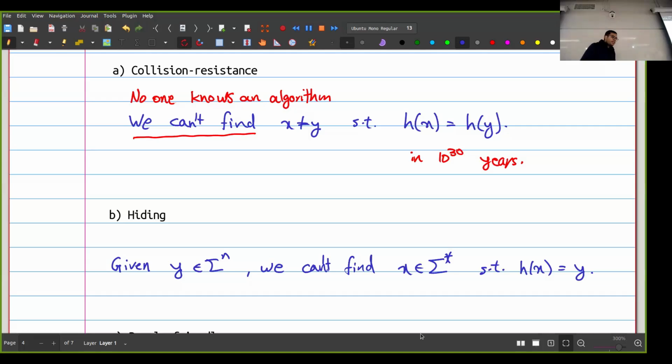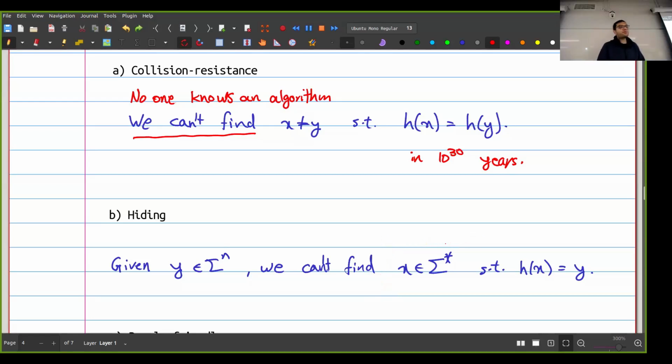And actually, it's even more than this. Ideally, and this is very idealistic, we don't actually reach this, I want to say that you cannot find any information about x. Not only you cannot find x itself, you cannot know anything about x. You cannot know whether x is odd or even, right? So this is a little bit stronger than saying that you cannot find the value of x exactly. You cannot find any information about it. But for now, we don't really care about that.